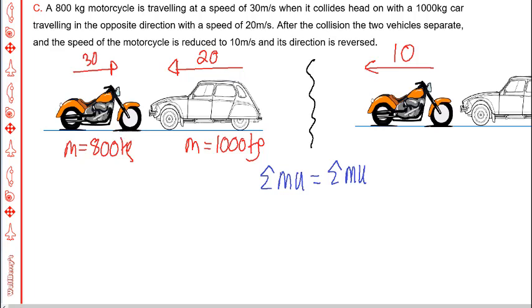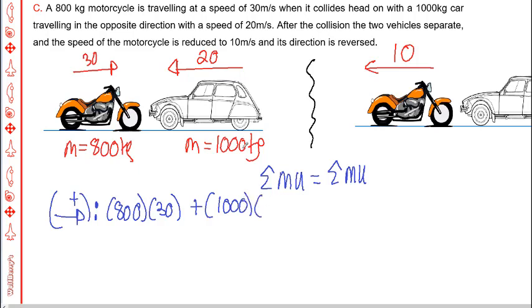Now always pick right as positive in these situations when you're using this equation. So we're going to have the mass of the motorcycle times the speed of the motorcycle, which is positive 30, since it's going to the right, and we always pick right as positive in these situations, plus the mass of the car